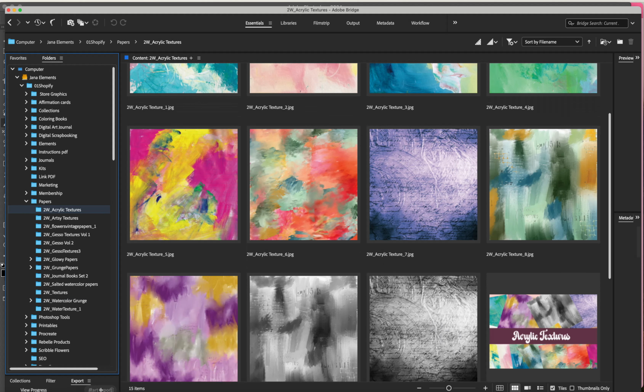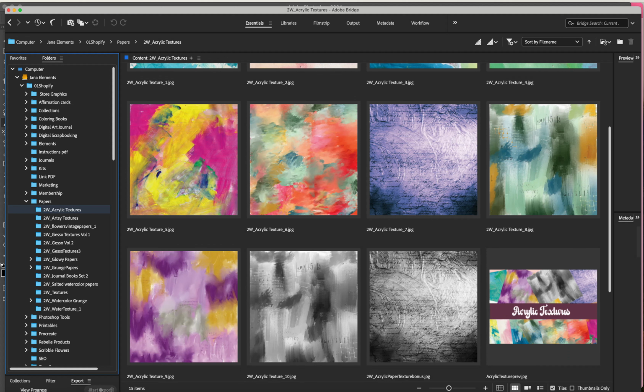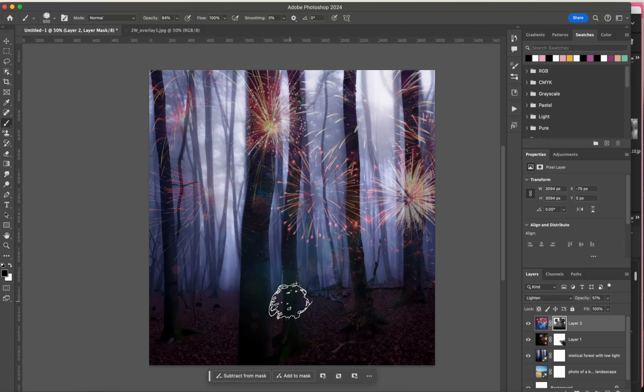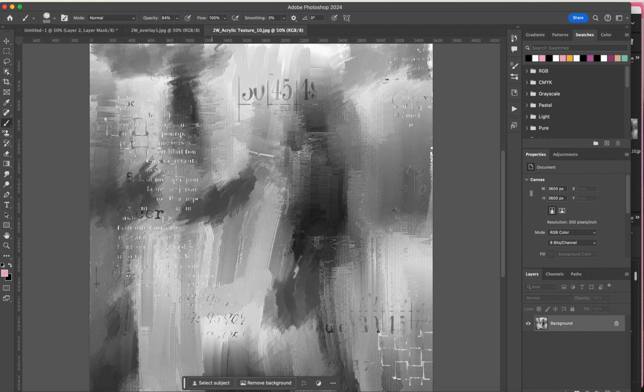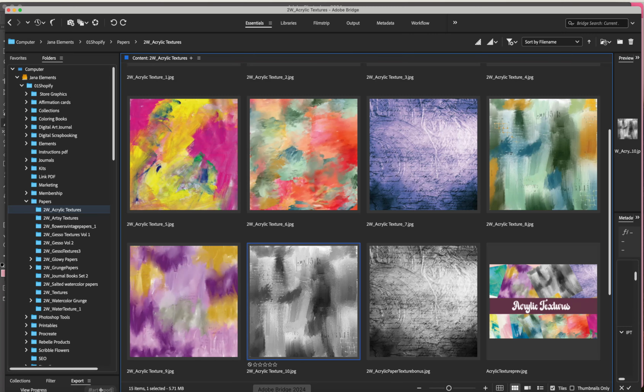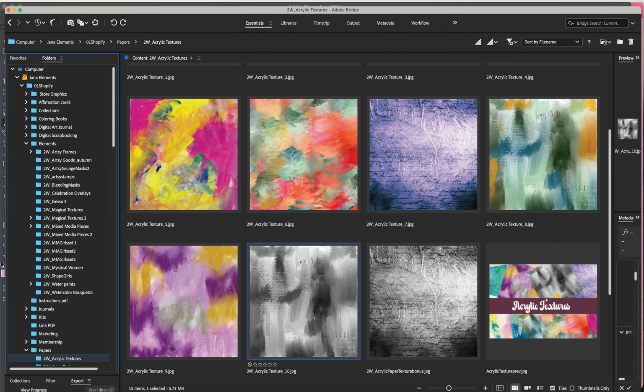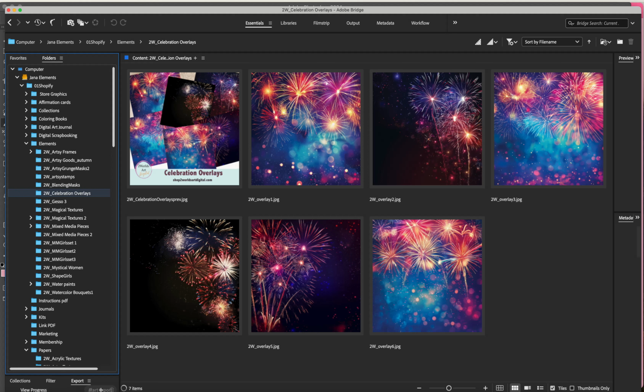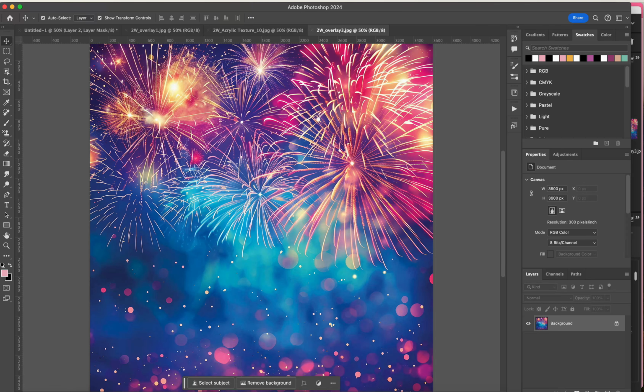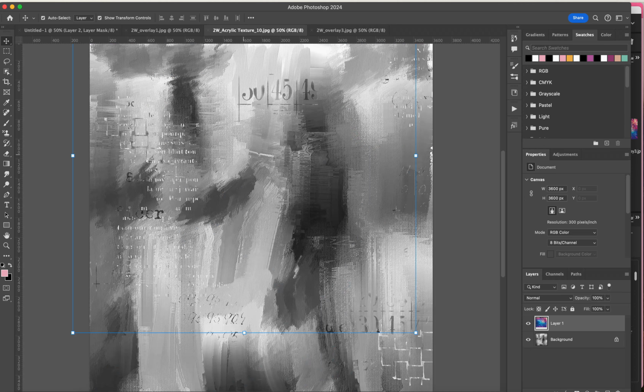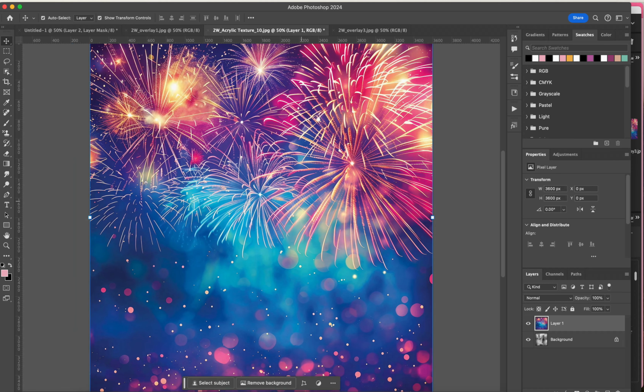So we have the acrylic textures here, and I have, for example, this black and white one that I have. So if I bring here, let's try this one. So if I bring this here,